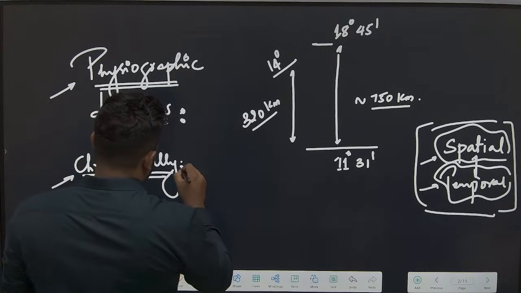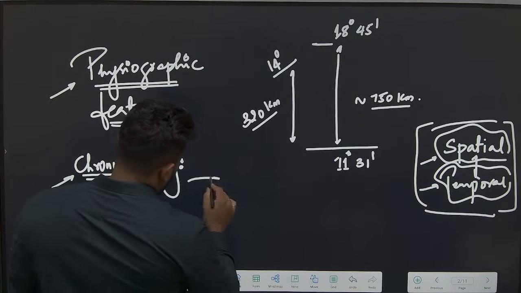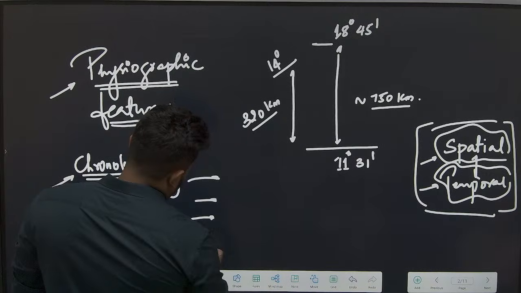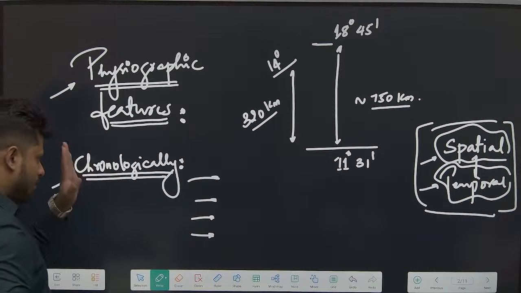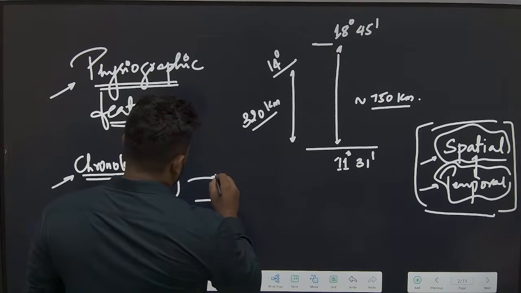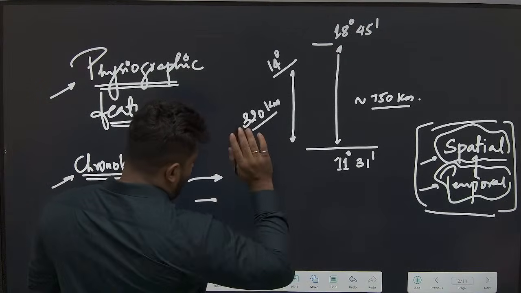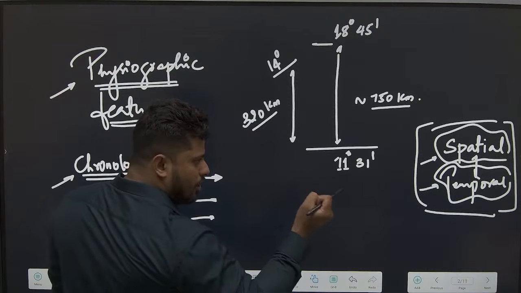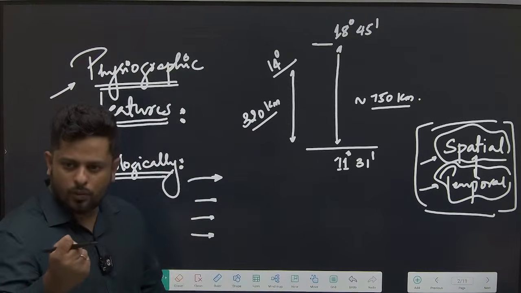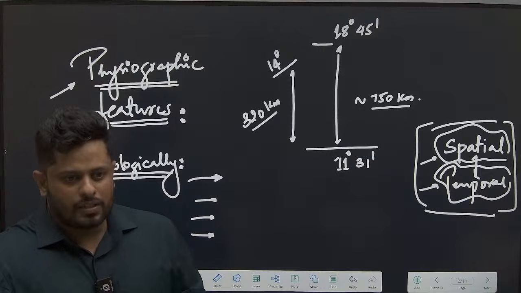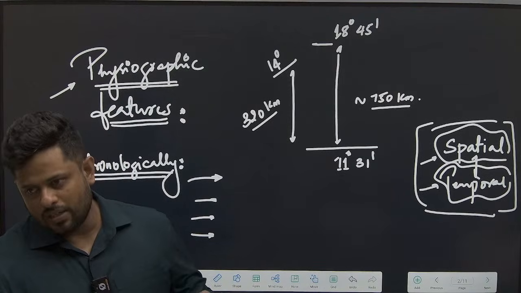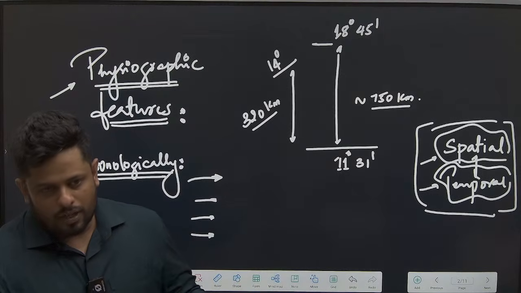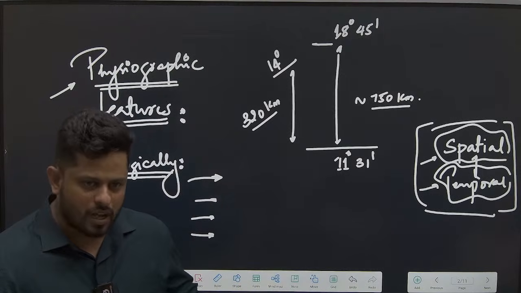Chronologically, I mean during what time which landform features or developments have been happening. Since the formation of the earth, the very oldest time period, when the earth was molten, hot, gaseous, and started stabilizing by cooling and solidifying, what happened? The crust formation happened, correct?